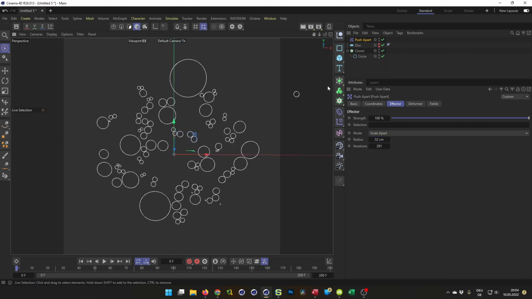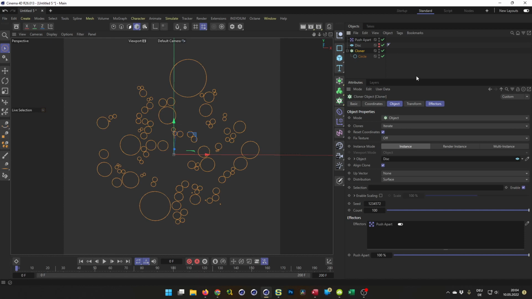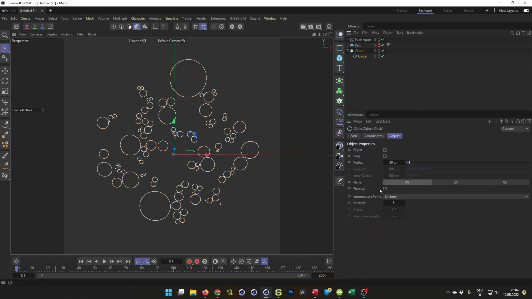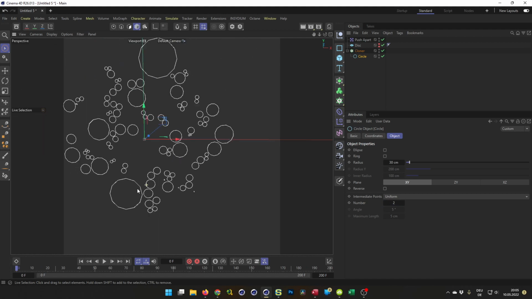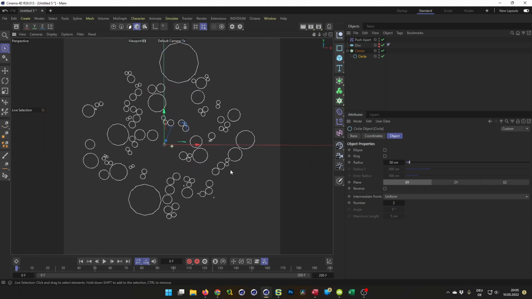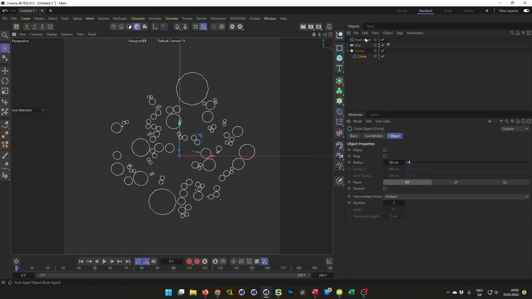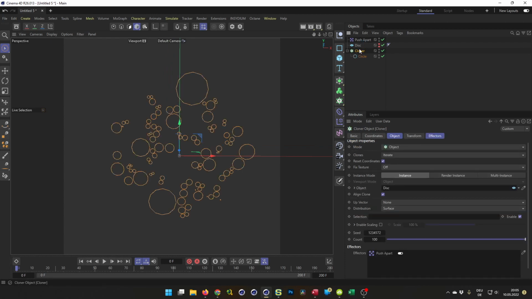What you can do, of course, is go to the cloner and use fewer points in the circle. This is totally okay, because we need a subdivision surface in any way, so that's totally fine. These are very small ones, yeah. But okay, now we can put the cloner in